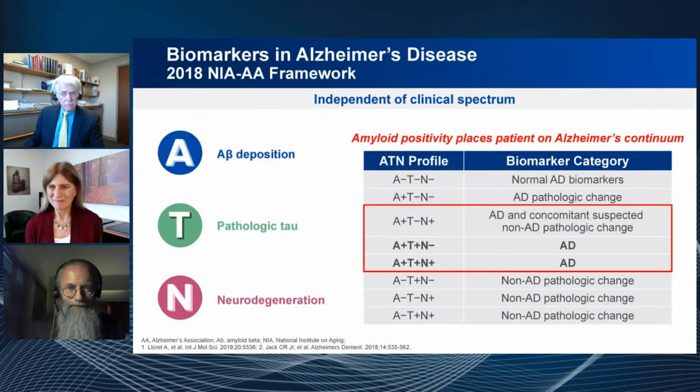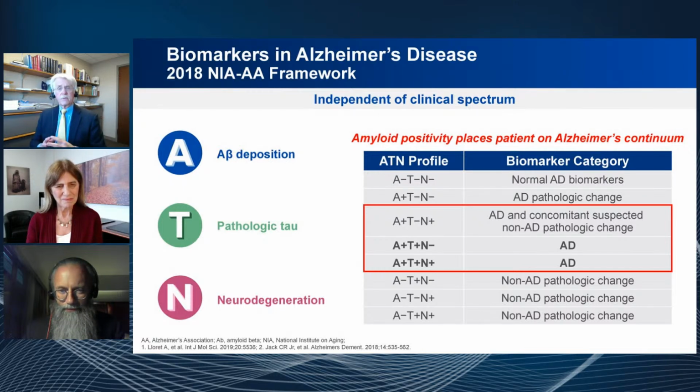Certainly over the years, as clinicians, we've been pretty accurate at when we say it's likely Alzheimer's disease, but there's a significant proportion of the time where we're wrong. It's not Alzheimer's disease, or Alzheimer's disease is only part of the picture. Consequently, these diagnostic accuracies have been problematic in the development of therapies for Alzheimer's disease. So, from the clinical pathologic days in the mid 1980s till the teens, at least, we dealt with the clinical pathologic correlation. However, in 2018, committees were formed that looked at the